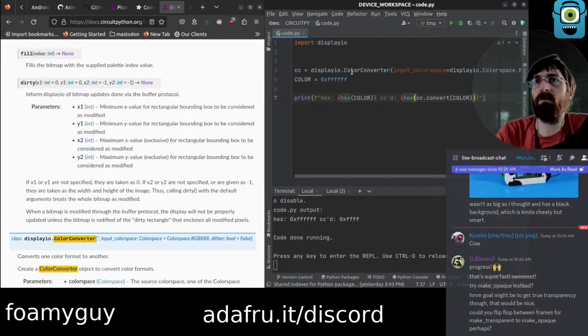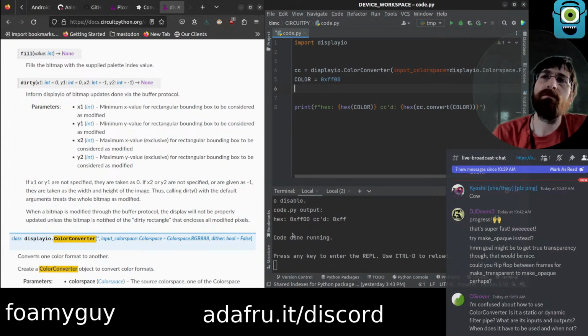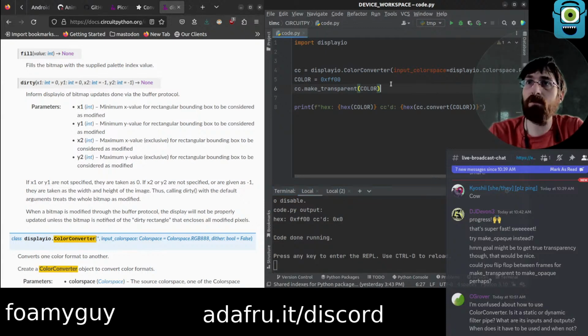Guess I need to give it smaller colors. It's like shifting to the right, kind of. I see, okay. So make transparent will make it so that color gives you back 0 instead of whatever it would be.